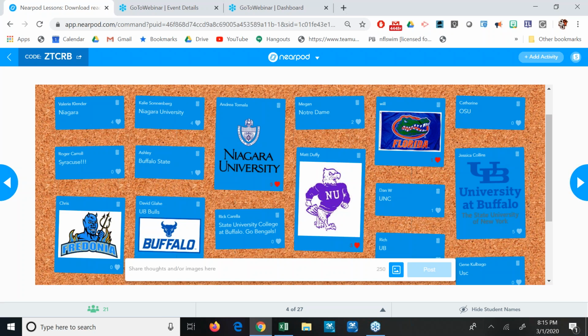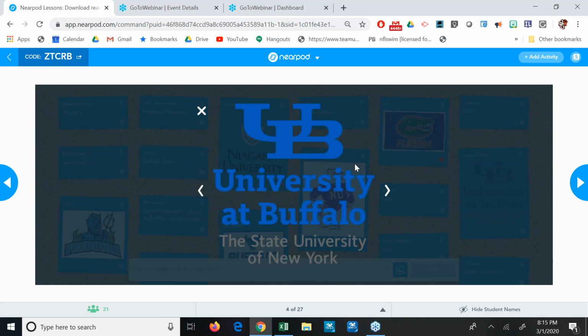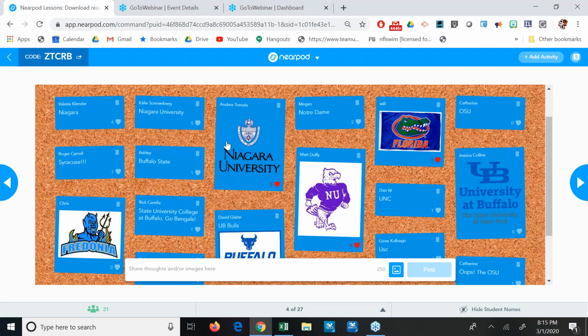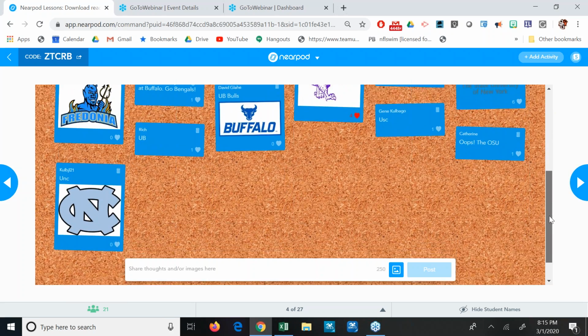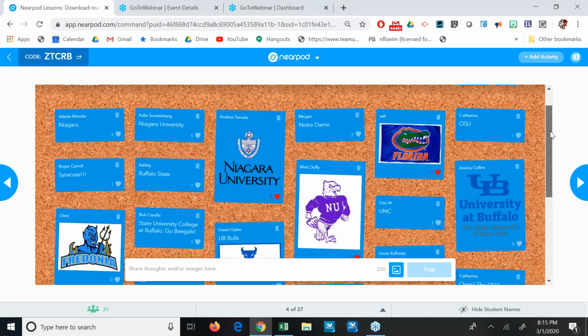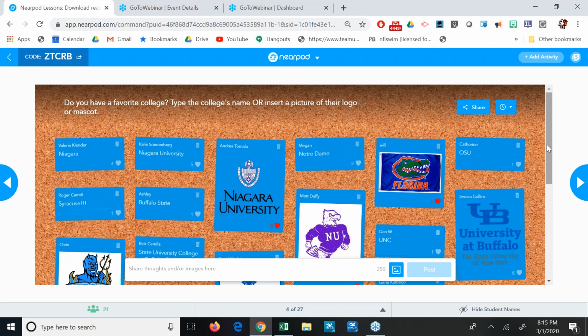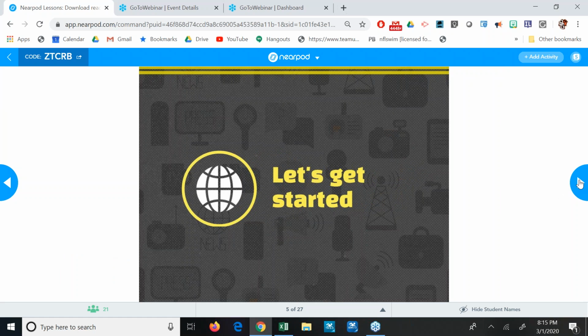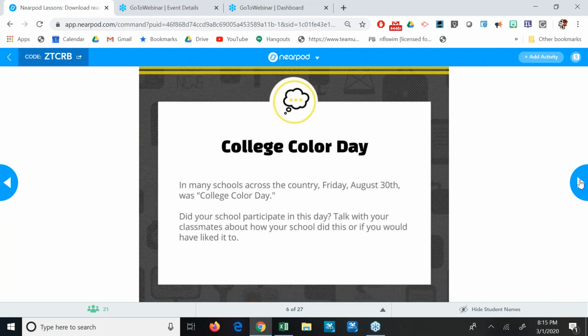All right. So again, this is a collaborate board, and I can go through and say, you know what, I like this one a lot. On your screen you see everybody else's posts, so you can scroll down and see what everybody else has put in there. So it's a cool little way of getting everybody involved in the lesson right off the bat. All right, I'm changing screen, so let's go ahead and get started.